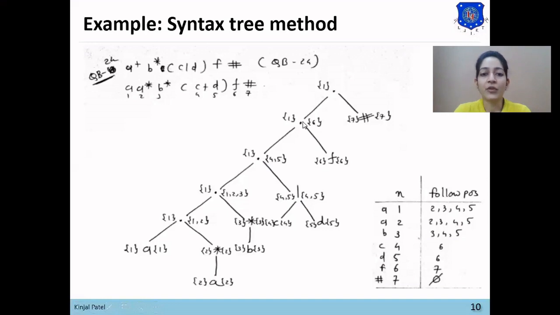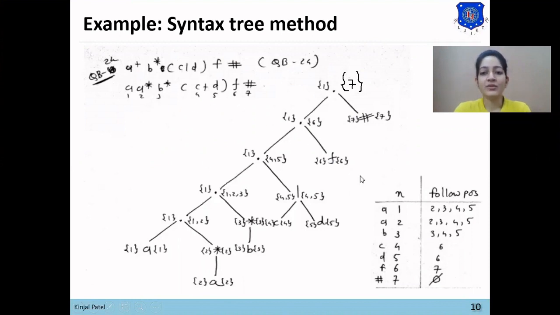Now same for the fourth dot. The last C2 child of the dot is F. Here the last position of this F is 6. As F does not generate null string, F is compulsory in the input string. So in this dot, last position of F will be added in last position of dot. Same way, the last position of hash is 7, so the last position of this dot will be 7 as hash does not generate null string. So we have computed first position and last position for each input symbol.